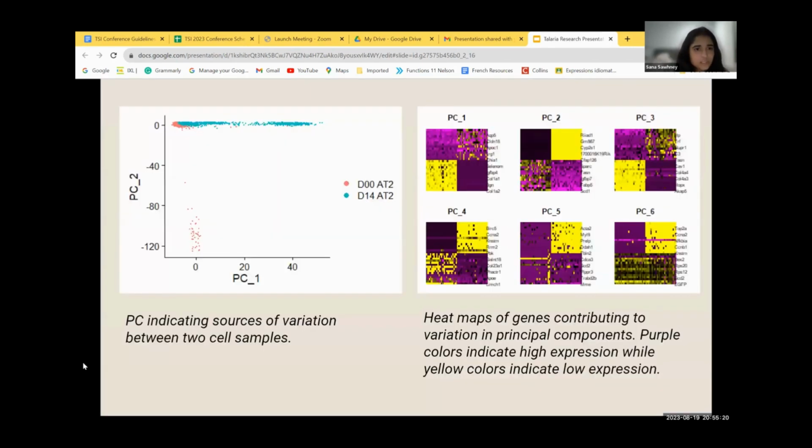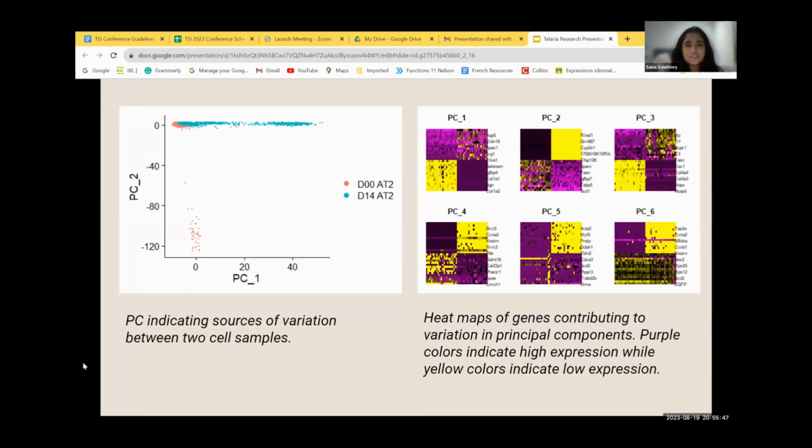So the data in the first figure shows us that the first principal component was the largest source of variation between the two cell samples, and the genes identified as most variable in this first principal component were associated with known differences between epithelial and fibroblast cells. Given the fact that our sample started off with AT2 cells, which were epithelial cells, and the fact that fibroblasts